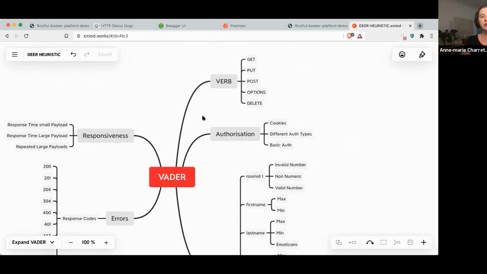So the verb, loads of different options here. You've got get commands, put, post, options, delete. There are other ones as well, but these tend to be the most common. So we can start thinking about maybe testing all these different API commands. Maybe there's something we can do there. What about